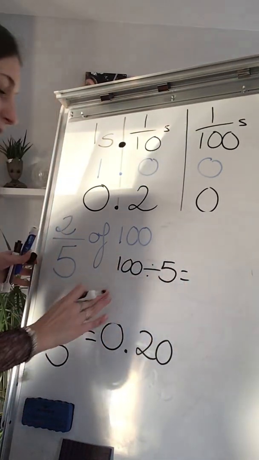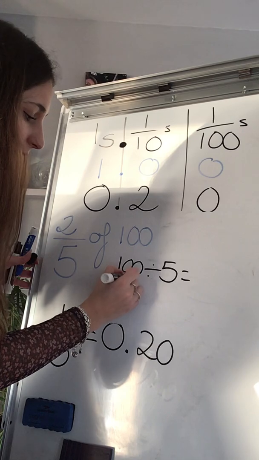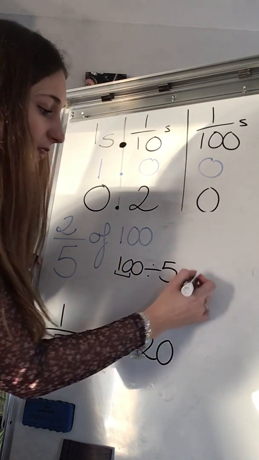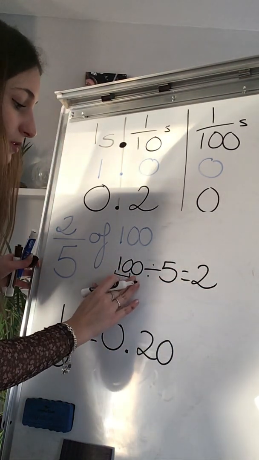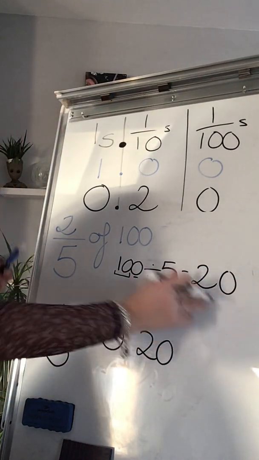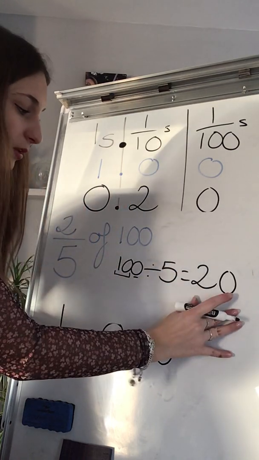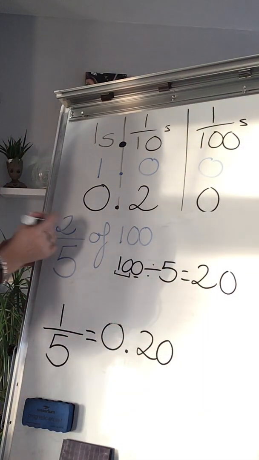And I know that 100 divided by 5, if you cannot do that, you can see 10 divided by 5 is 2, 0 divided by 5 is 0. So I know that 1/5, only 1/5 is 20,